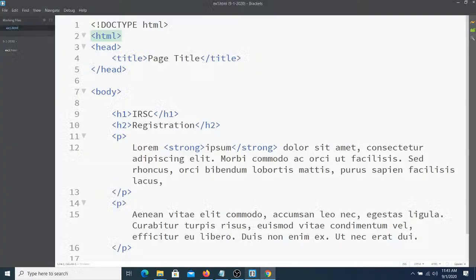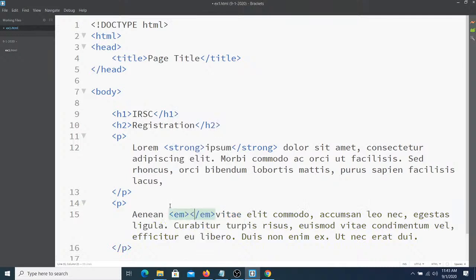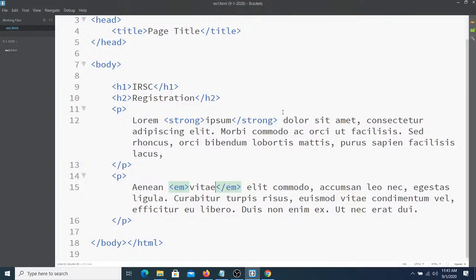The two that we're going to deal with the most are going to be strong, and on this one we'll wrap it in EM, which is short for emphasis. I'll pause just for a second here, just to make sure everyone's caught up on typing. While you're doing that and typing,